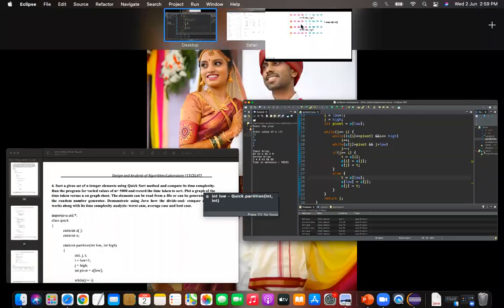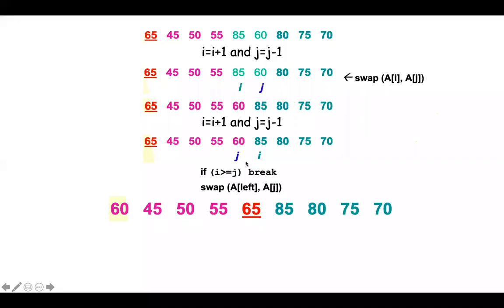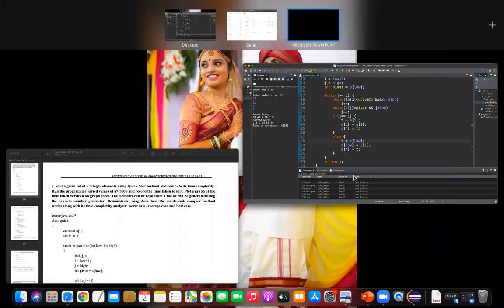That is, we have reached the end of pass one. At the end of the first partition, j is pointing to the center element, that is the pivot element, based on which we will divide our array into two parts, left array and right array. Then we will call quicksort for the left array as well as for the right part of the array. While calling quicksort for the left, you will pass low and j minus 1. While calling quicksort for the right, j plus 1 and high.